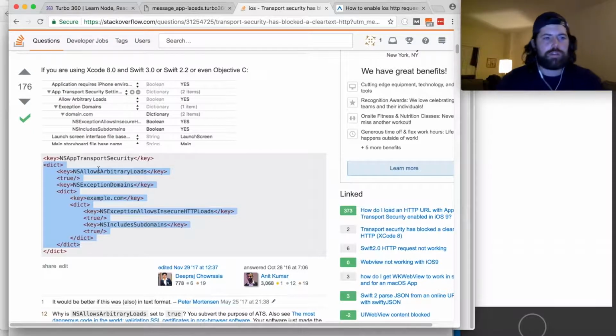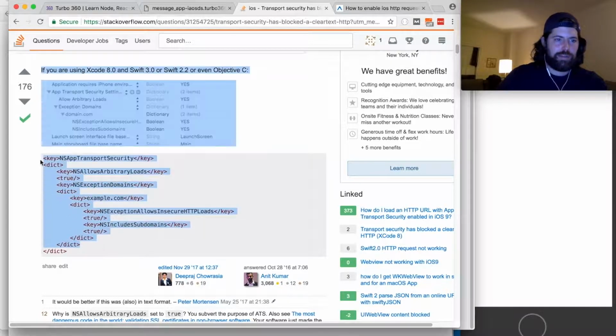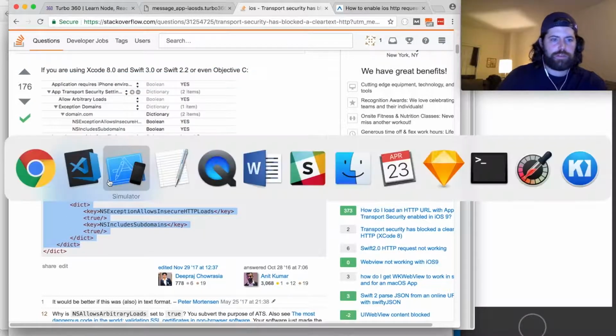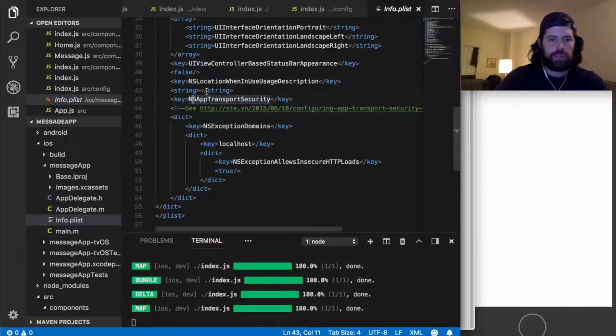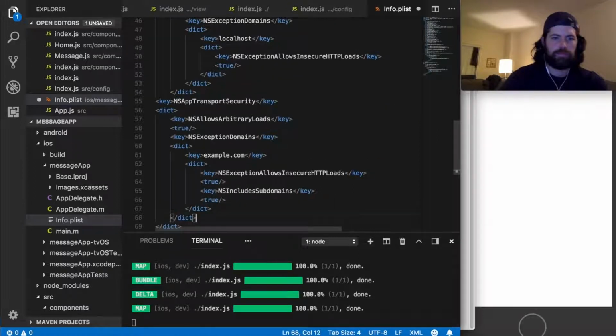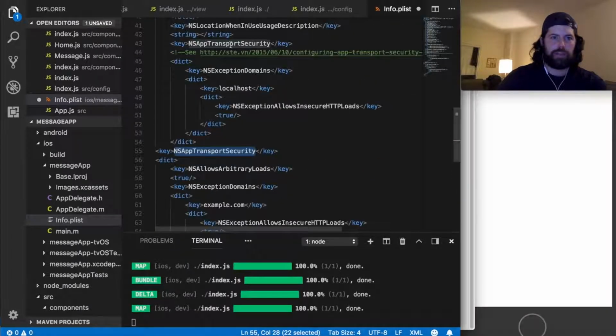NS allow arbitrary loads. We need this key here. That's what I forgot. All right, jump back. Oh well, they already have the key for us here. So, for example, if we paste this right here, you'll see this NS app transport security. It's already in here. So they have a dictionary there of